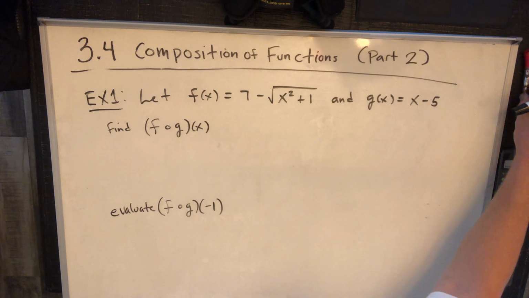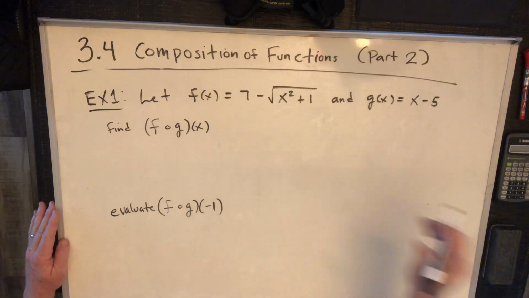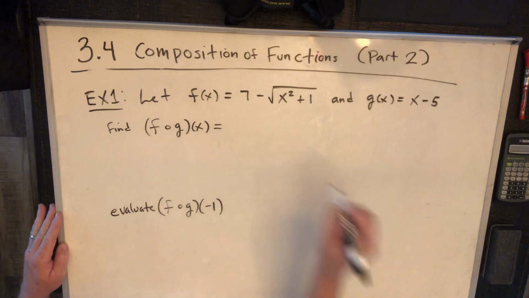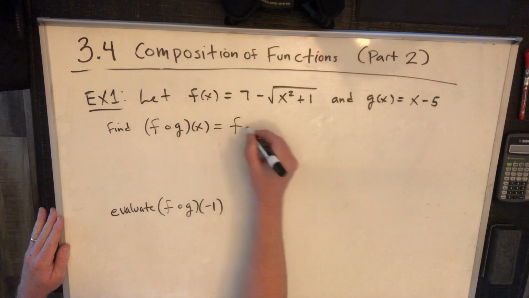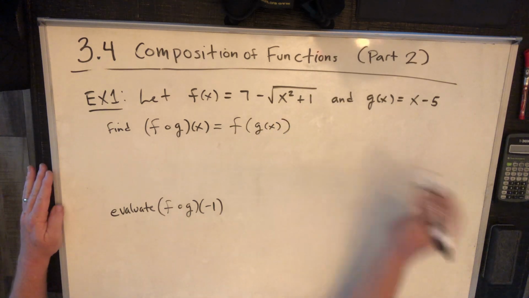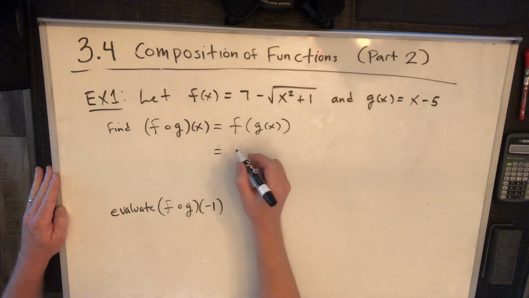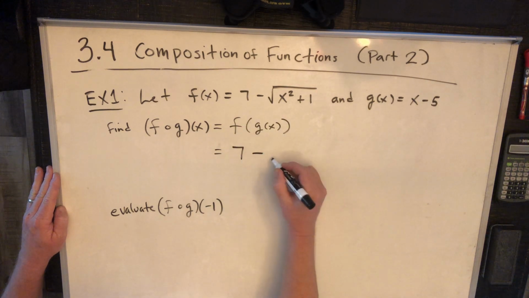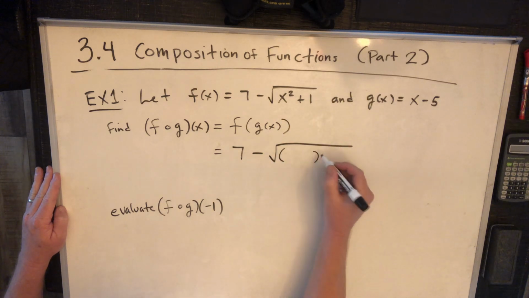It's a continuation of what we were doing in part 1, so I'm just going to jump right in without too much additional information. f of g means take the function f and compose it with the function g. So watch this very, very closely. The function f looks like 7 minus the square root. Remove the x